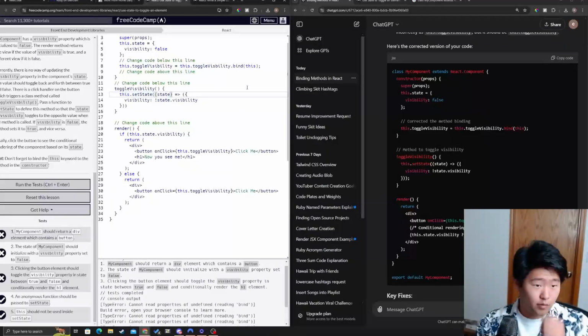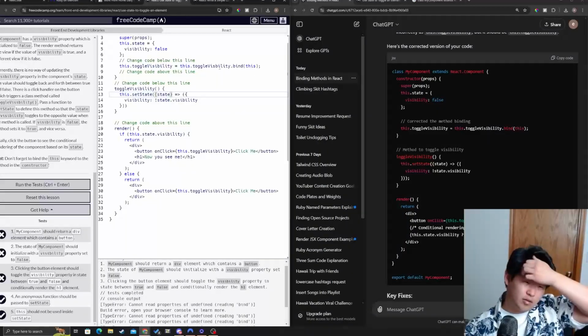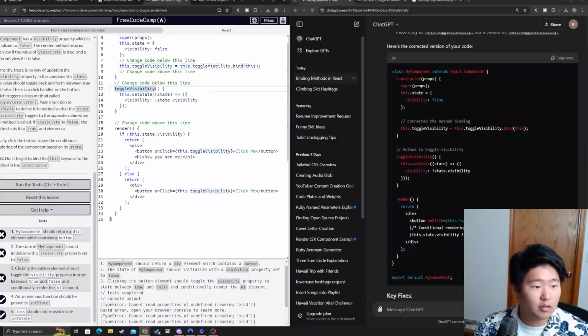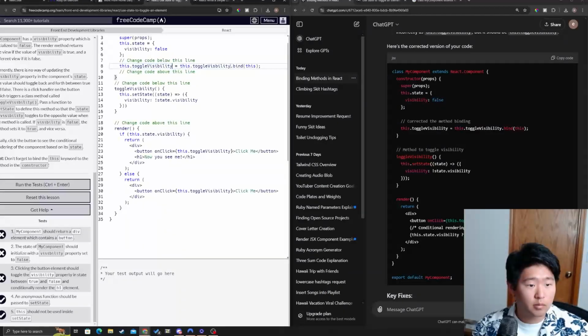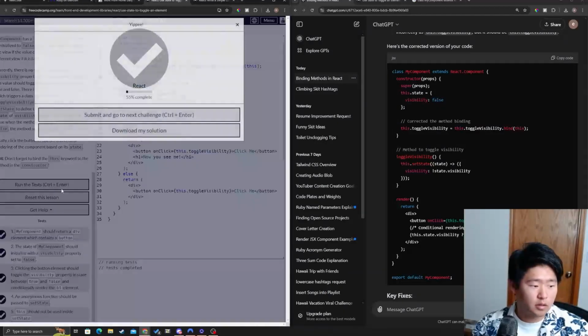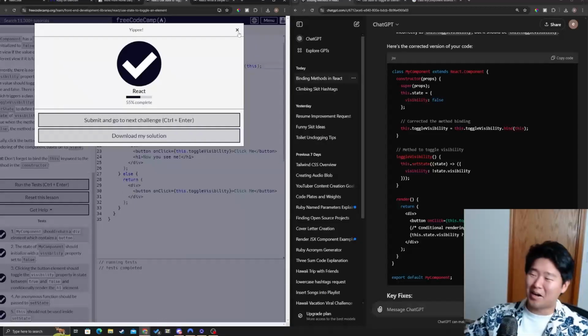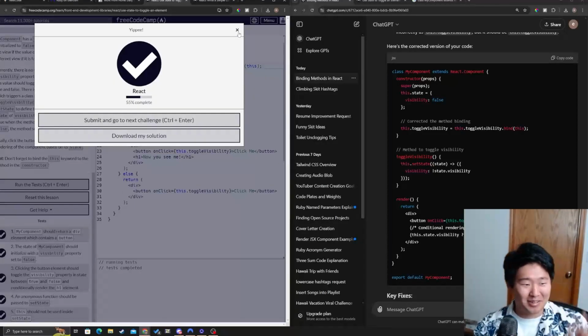But why can't you write this.toggleVisibility.bind? See, that's like copying, pasting, and just using. Okay, well,